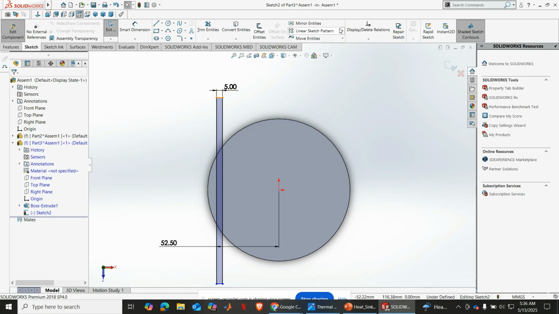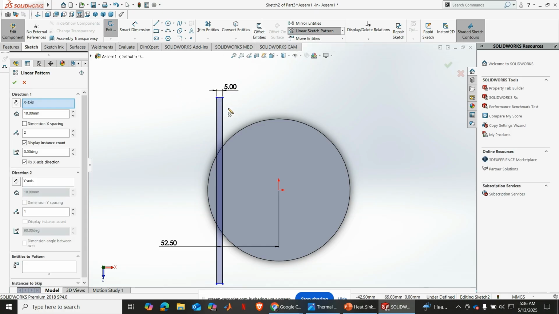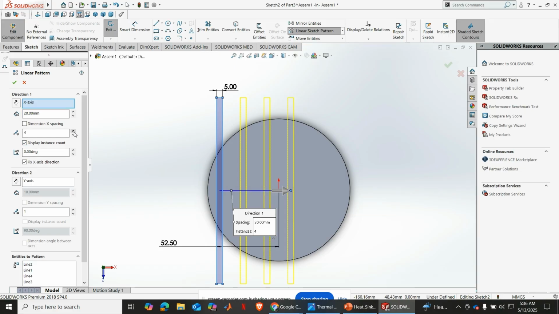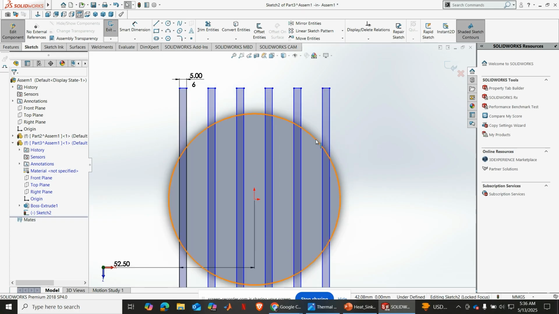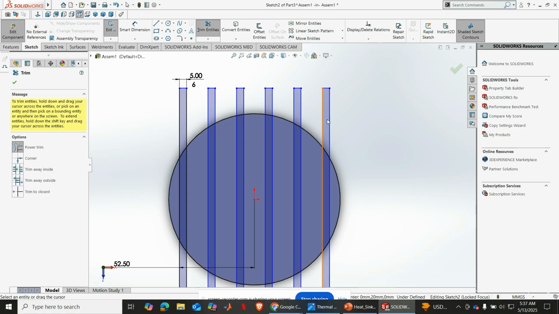So hapo utakuja kwenye linear sketch pattern, tuta click this one. So distance hapa ni 20, 20, na items ziko 3, 4, 5, 6. Then check. Baada ya hapo tunaweza tukaclick hii cycle tukasema convert entities, so baadaye tutakuja tukasema trim, so tukatrim hizi entities,